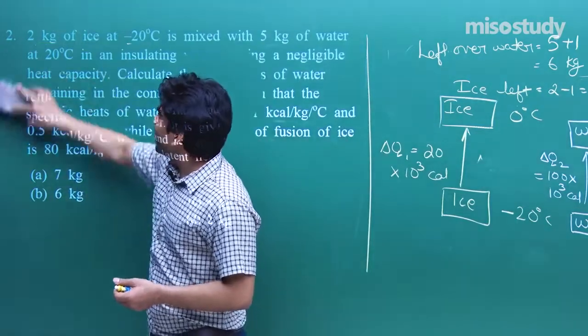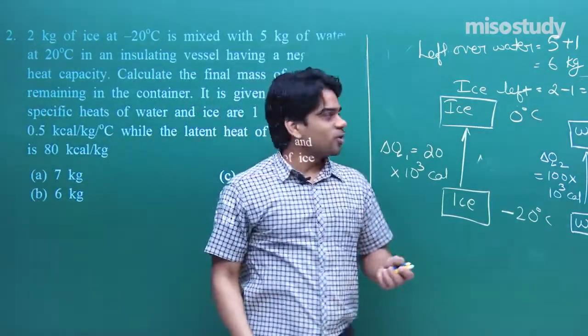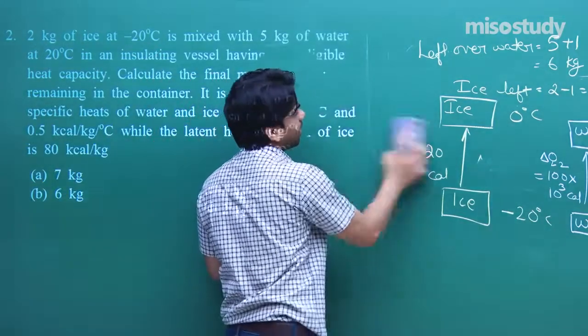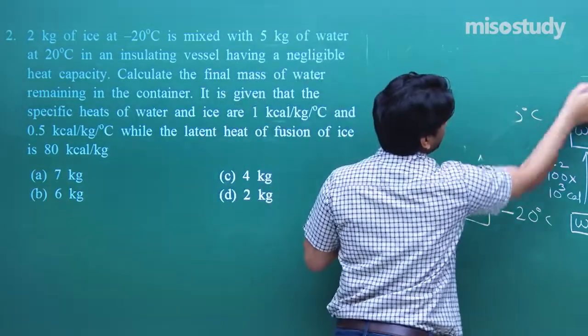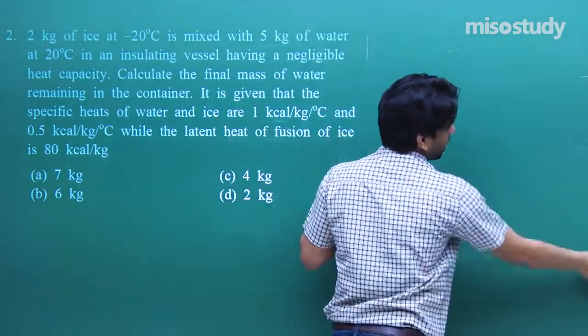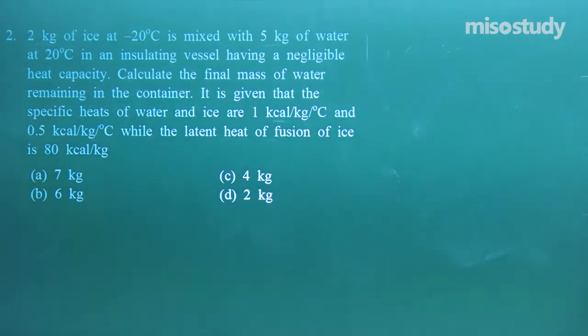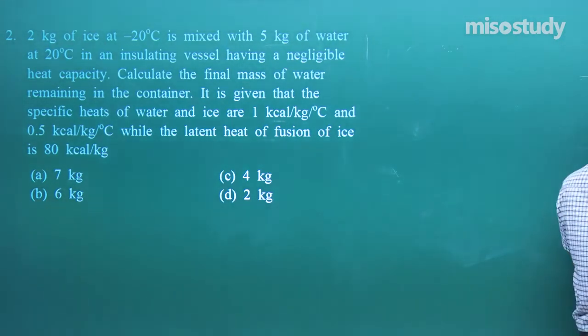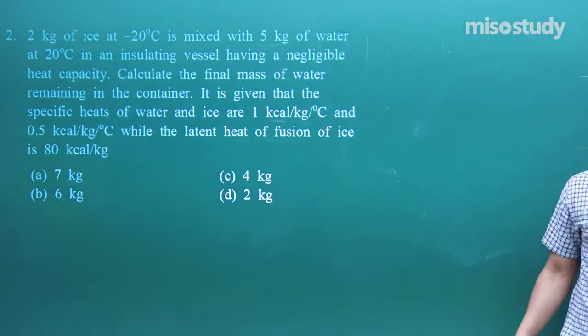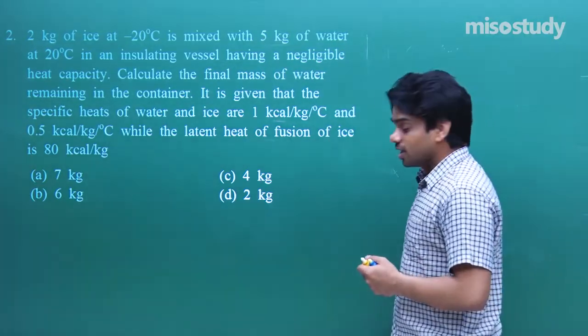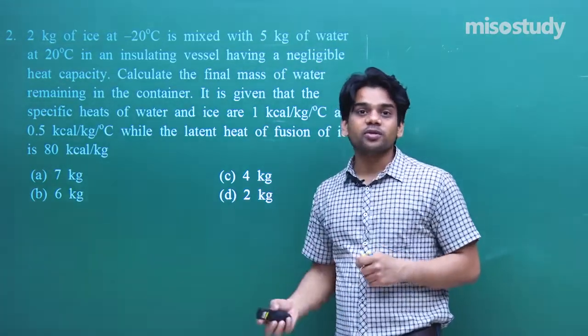Pretty good question. While we are solving, it seems to be very easy, but once you solve, you will see that it requires understanding, it requires each step. And now I believe that gradually you are going to understand what temperature you have to take, the equilibrium temperature. Take that first to reach 0 degree Celsius, how much energy is required, how much energy is released. Then you see where is the balance of energy and where it will be utilized. In that case, if you proceed in this way, you will get to the right result.